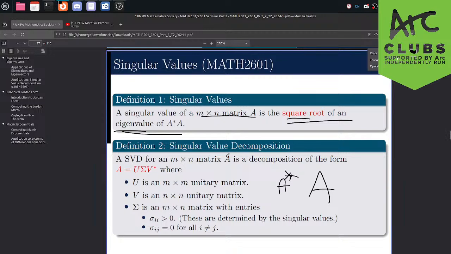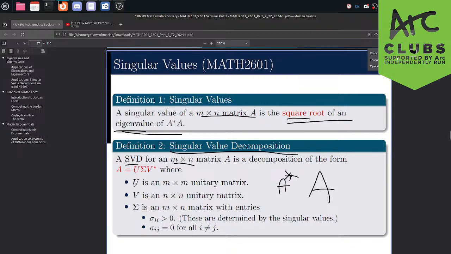So we define something called the singular value decomposition. This is a different way to decompose a matrix, apart from the spectral decomposition method, where you line up the eigenvectors and eigenvalues that you did in your first year. In this case, SVD uses singular values, and it can be done for a non-square matrix. It can be done for any matrix A, which is pretty cool.